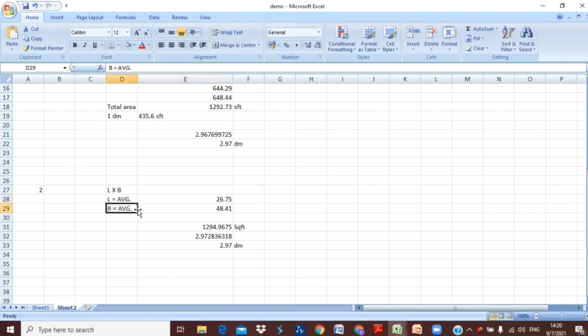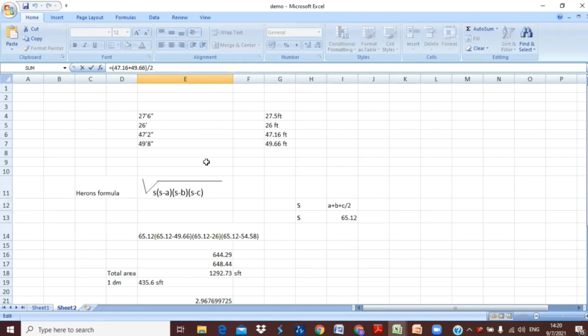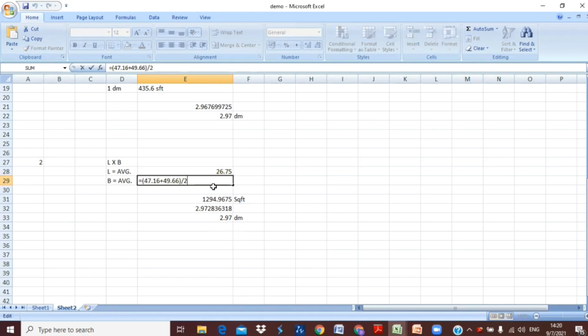so that we can get the average length of the two L's. Next one is our B. For B also I have done similarly as I did for L. I have taken these two lengths, 47 feet 2 inches, that is 47.16 feet, and added 49.66 feet and divided by 2 to get the average length. Once I got the average length of these two,